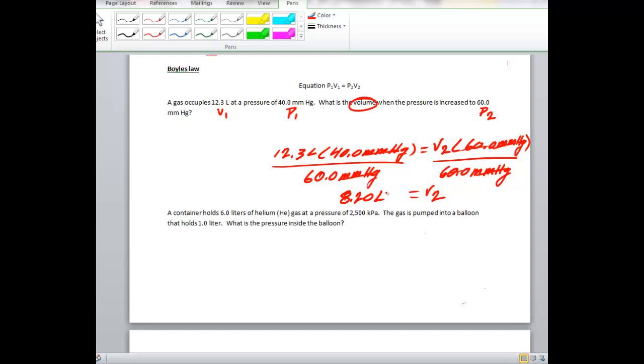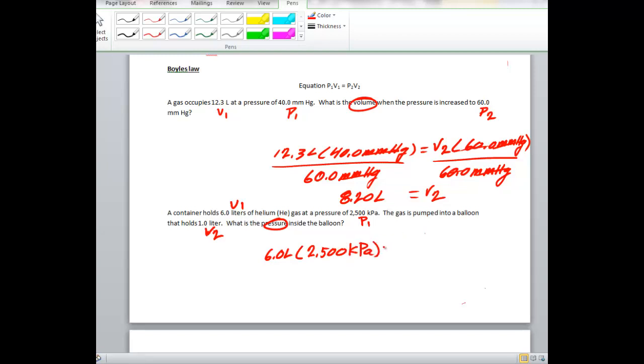I'm going to try another one. This time we're going to solve for P2. So here's my V1, 6.0 liters of helium gas at a pressure of, that's my P1. The gas is pumped into a balloon that only holds V2, and we're trying to find P2. So I plug in my numbers. 6.0 liters multiplied by the pressure,